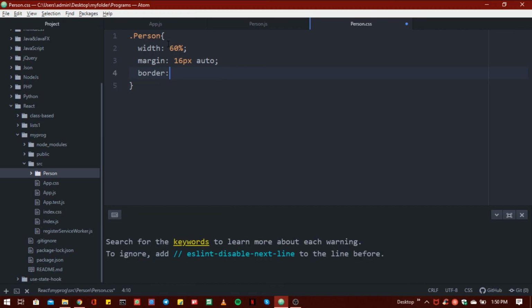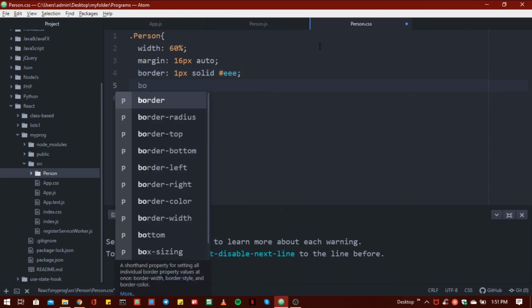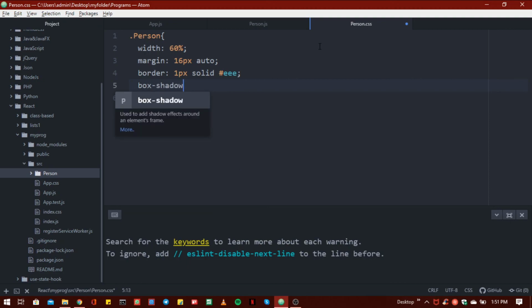Border, this is 1px solid, and here some light color like this, and I want to use box shadow, and this is 0 2px.